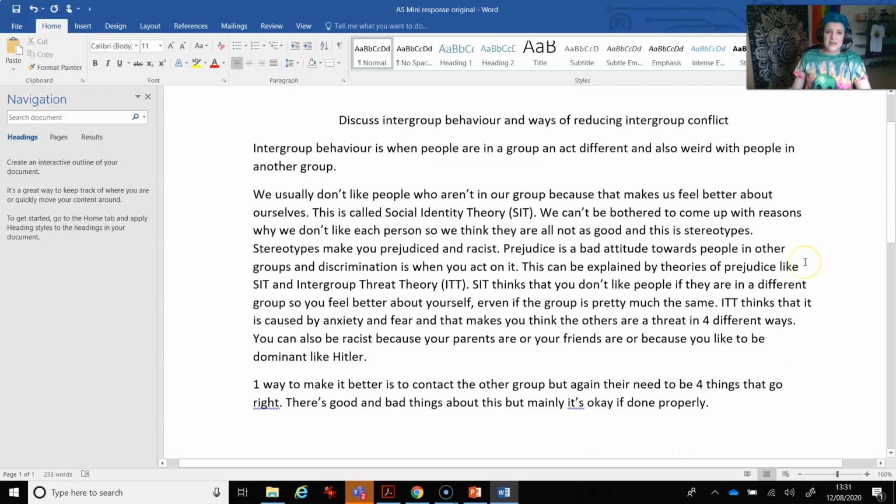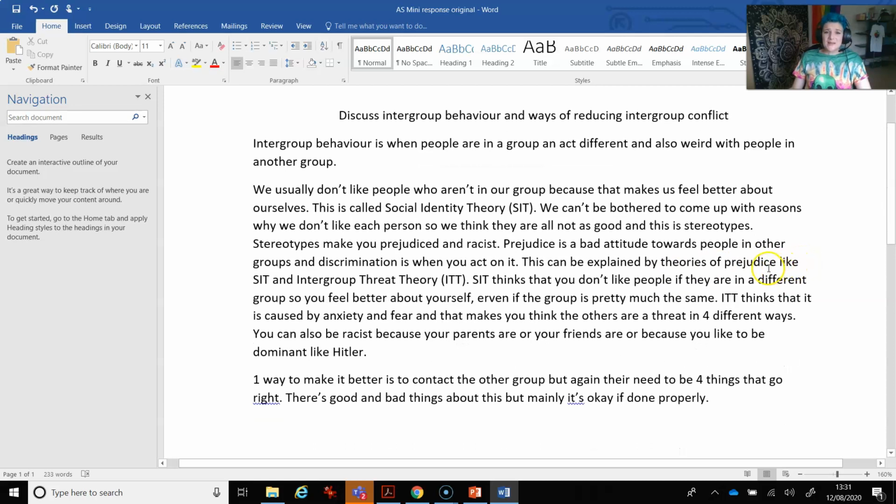So as you can see, in just doing a little bit of editing, we've gone from having really quite a poorly written paragraph to something that looks closer to something that would have higher marks. So even in just doing that very, very briefly, you will have improved your grade.